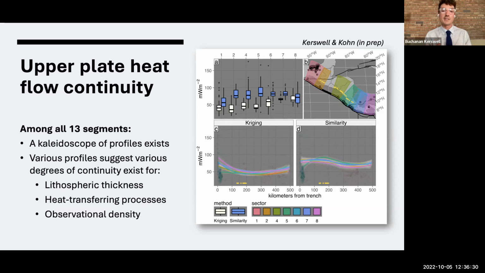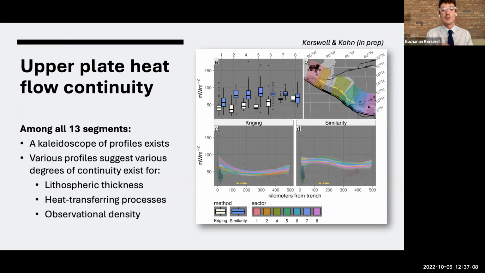So the heat flow profiles that we see perpendicular to the trench and along strike are kind of all over the place. We have a whole kaleidoscope of profiles. If you were to look at all the other 12 subduction zone segments, you can see that some of them have very similar kriging and very similar similarity predictions. Some of them are wildly different. Some of them have unique, almost wave-like distributions of heat flow along strike, almost as if the heat flow is getting higher at part of the segment and then decreasing towards another part of the segment and then